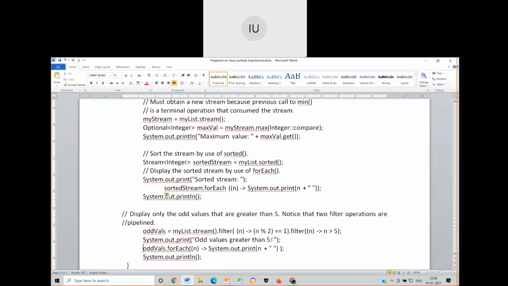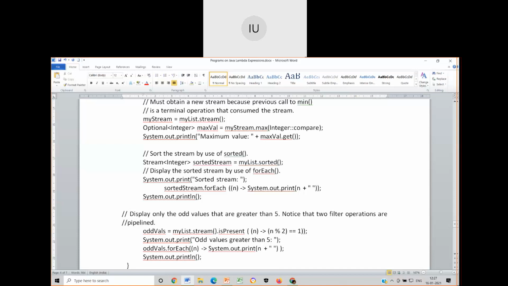Okay. Now let me write isPresent over here. Instead of doing this, I'll write isPresent. I'll remove this filter, and I'll remove this also.